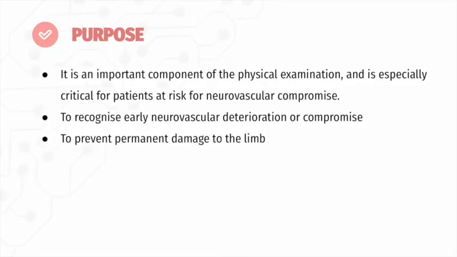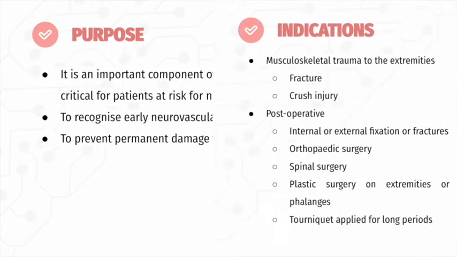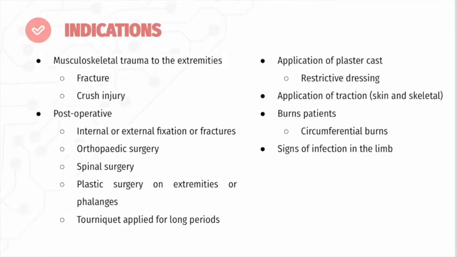But what is the purpose of neurovascular assessment? It is an important component of the physical examination and is especially critical for patients at risk for neurovascular compromise. It is to recognize early neurovascular deterioration and to prevent permanent damage to the limb. Indications of neurovascular assessment include musculoskeletal trauma to the extremities. This is to detect secondary ischemic injury to the extremities and implement appropriate and timely treatment of any neuromuscular